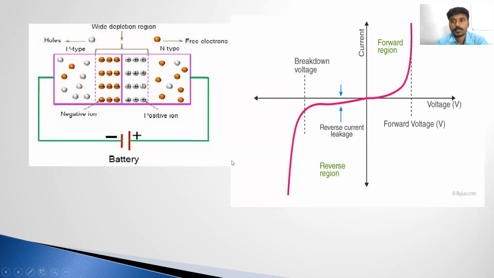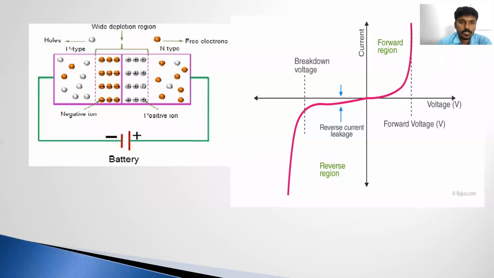So this is the general typical VI characteristics of the PN junction diode. Whenever the anode is connected to the positive and the cathode is connected to the negative, the device comes into the forward bias condition. Here the diode will be turned on without any gate signal, because it does not have any gate signal.